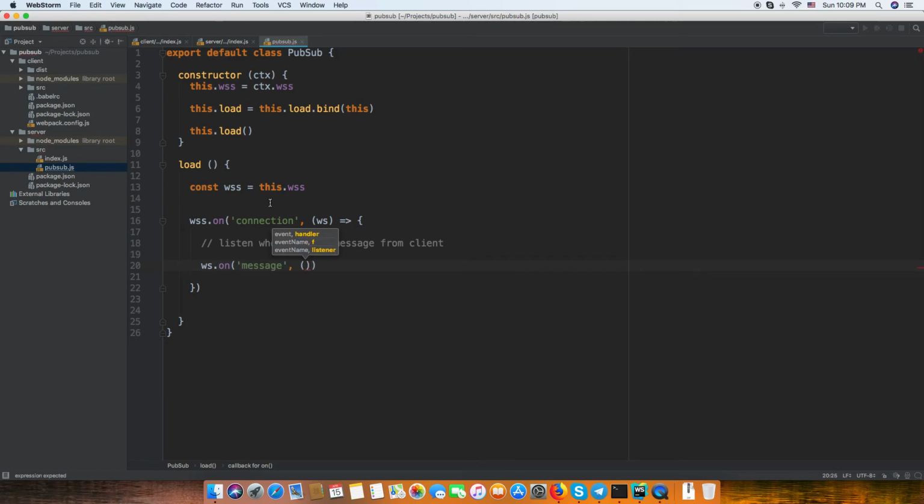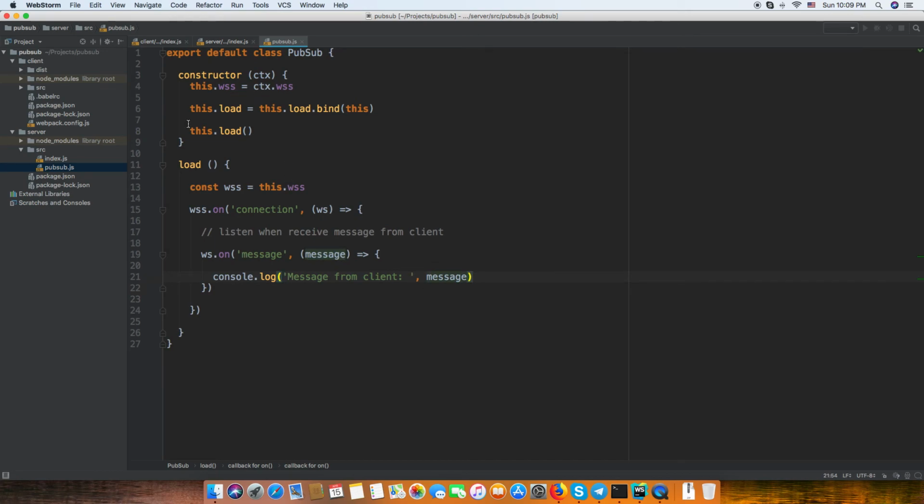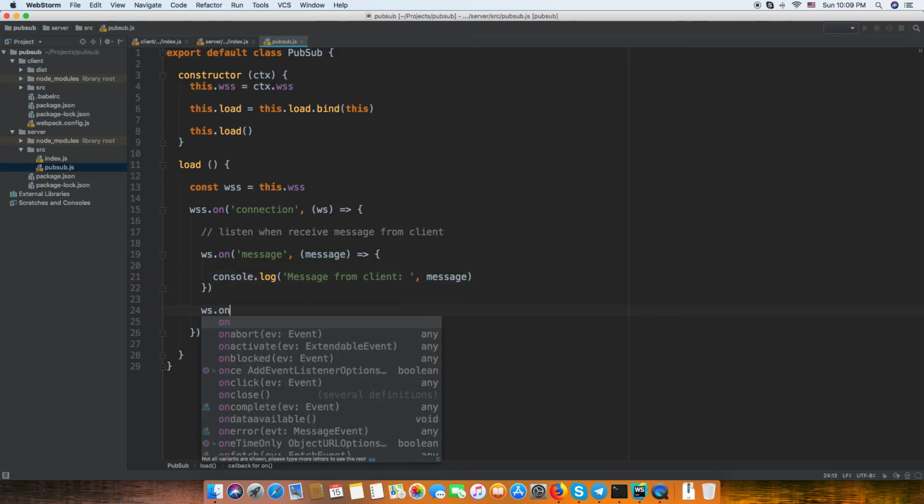So we have a message. So we need to console log a message from client, and let's say the message. Okay, so this is basically we set within this on the server,